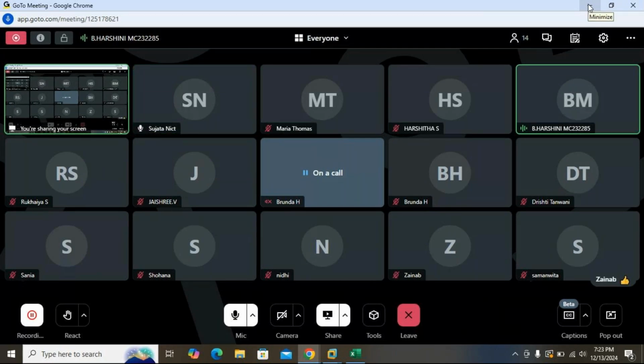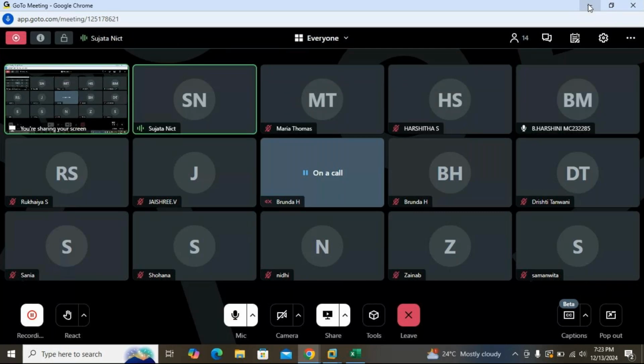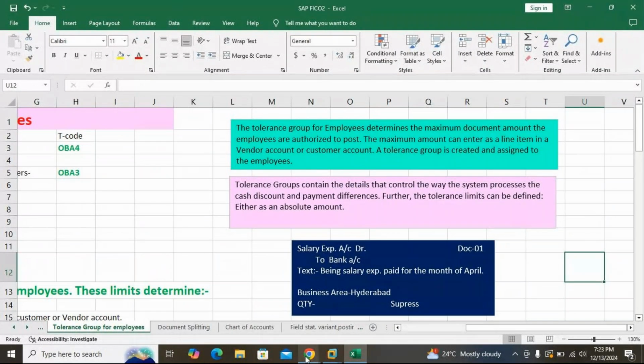One more doubt, for the final test, what kind of questions may we get, theory or both practical, ma'am? No, it will be MCQ, students. I will share a Google form. Then it will be just clicking. That's all. No entries and all. You need not worry about that. But whatever I am teaching you, thoroughly go through this. Okay, ma'am. Thank you, ma'am.